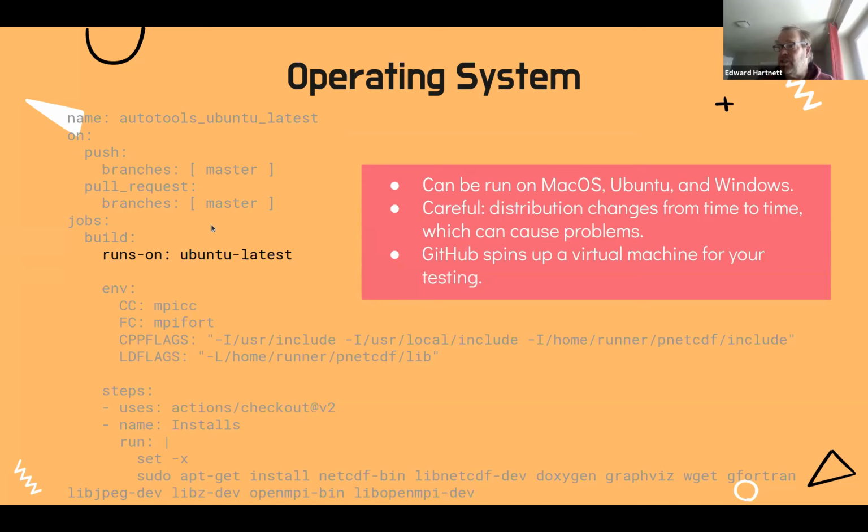The distribution changes from time to time, like Ubuntu latest gets updated, and that can cause your test to break. This just happened to us. So you have to just keep an eye on it and keep everything updated with the latest Ubuntu. And when you're doing all this, GitHub is spinning up a virtual machine and running